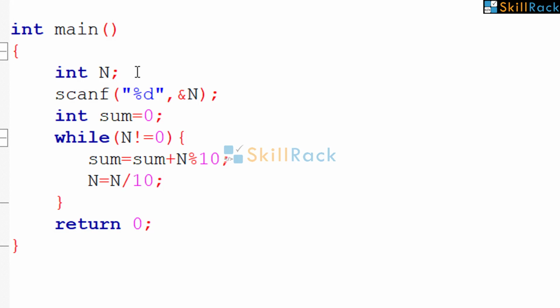So now again the condition will be checked, n is not equal to 0. So it will proceed as long as n is not equal to 0. So once n becomes 0, it will come out of the loop where we are going to print the value of sum.